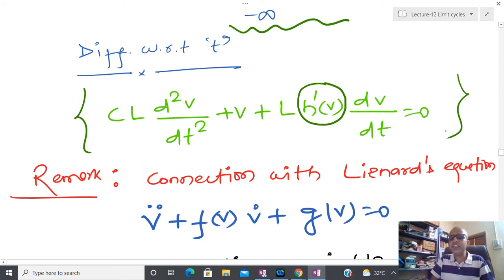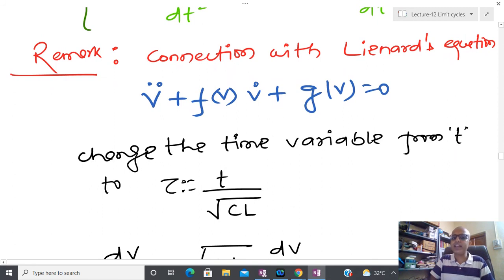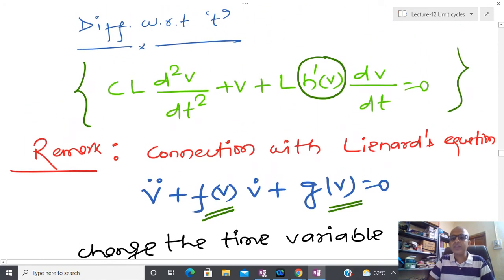And if you see this expression, this expression is connected with the Lienard equation. The Lienard equation is a very famous equation coined by a mathematician, and it tells what the characteristics are if I have this kind of general equation. So this is a nonlinear function and this is a nonlinear function, but here you can see that luckily g(v) somehow represents v, this is linear, no longer nonlinear, but still I can interpret the generalization of this particular expression, whatever oscillation expression I have created, as equivalent to or derivable from this generalized